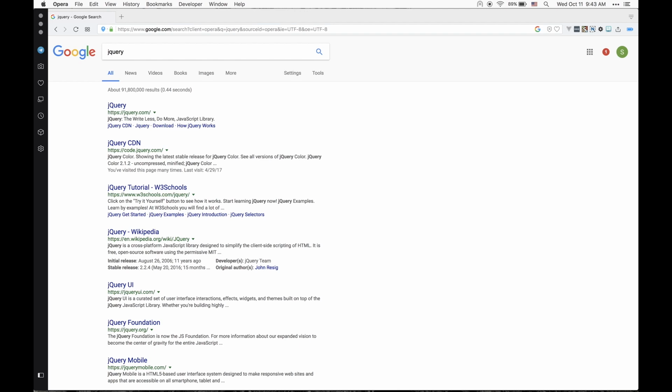So jQuery has a number of useful methods and syntax sugars that ease the way the DOM can be